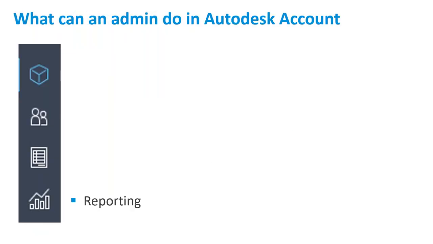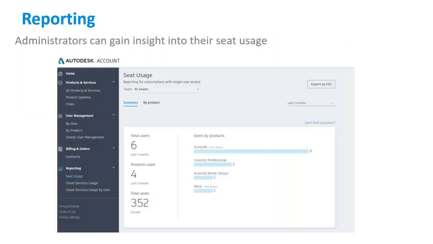So the last section is reporting. In here, there's 3 different things we can do. We can view our seat usage, we can view our cloud services usage, and we can also view our cloud services usage by user. So under seat usage, you'll see something like this, where we have your total users, your